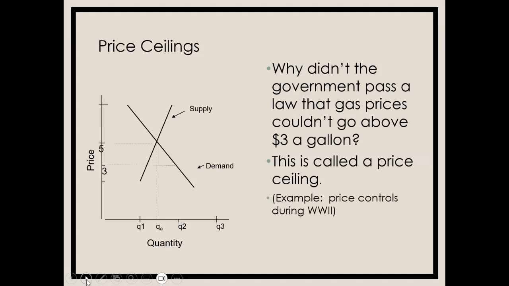For example, during World War II, because much of our industrial capacity was moved over to the war efforts, consumer products weren't being produced as much. The government didn't want prices going up, so they placed price controls on a lot of goods. So that happened during World War II. There were price ceilings set for a lot of consumer goods, aluminum foil, food, automobiles, all kinds of stuff. That was during wartime. Why don't we see this more often when prices go up like they did in the summer of 2022?